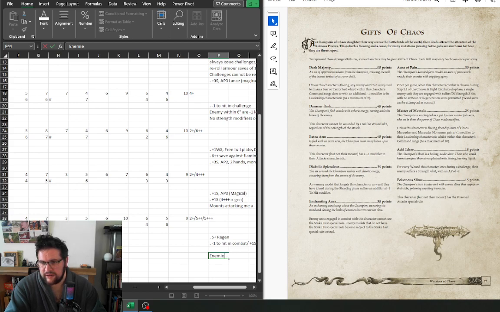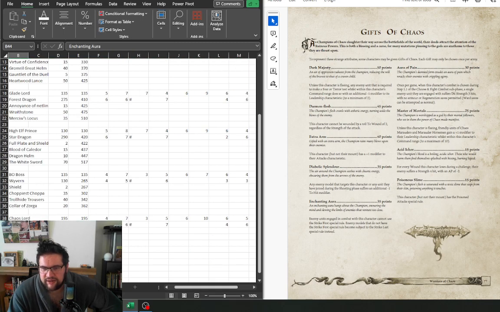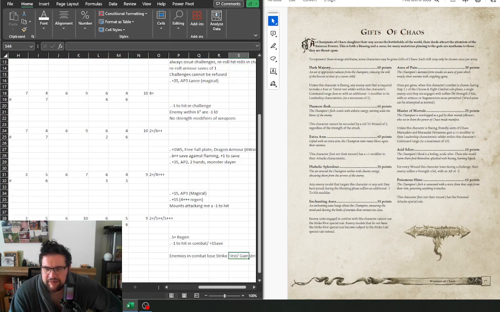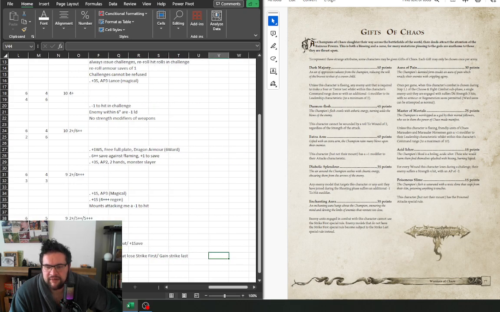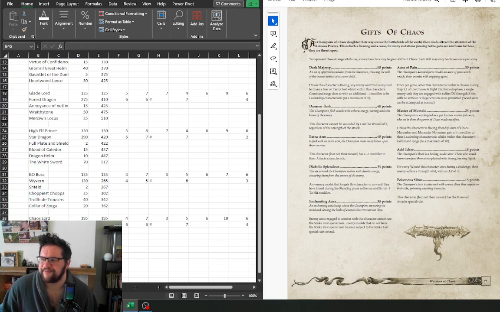Enemies in combat lose strike first and gain strike last. So they're back to initiative 1 as well. So your great weapon doesn't necessarily matter all that much, because if you got the charge against something that doesn't have strike first, well, you've just given them strike last. I wonder how that would interact with the High Elf Prince, because he's got strike first and strike last that counts. If you get strike last twice, does that mean you actually strike last, and does that override strike first? I mean, that's how I'd play it, but...